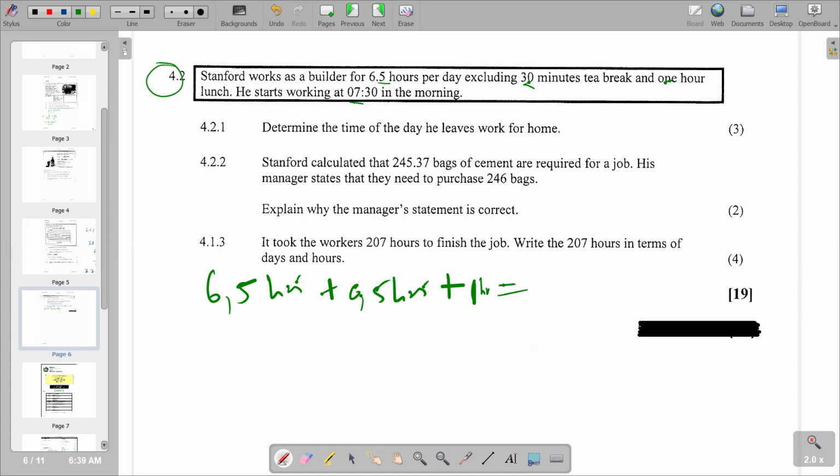So this one is 1 hour. And the total that you're going to get is 8 hours. So it means he worked for 8 hours. That is working time plus the break time and the lunch time. You get your 8 hours. So we are seeing that the starting time is 07:30, and we add our 8 hours. It's our 8 hours, 0 minutes. So you can get our answer is,